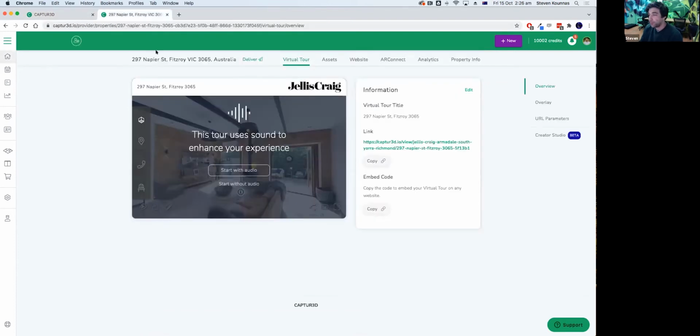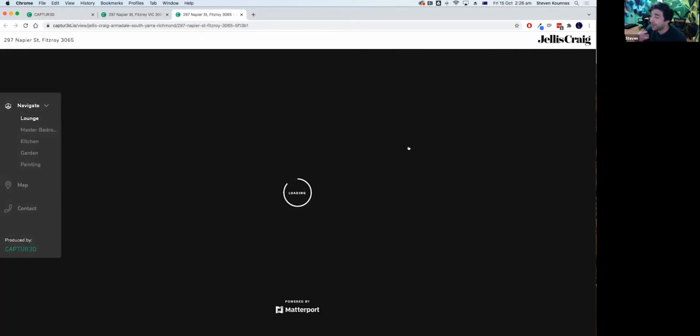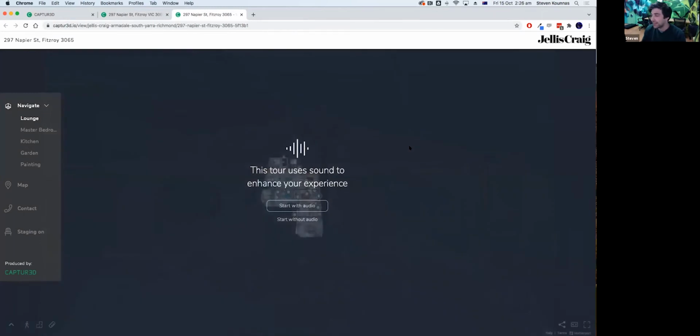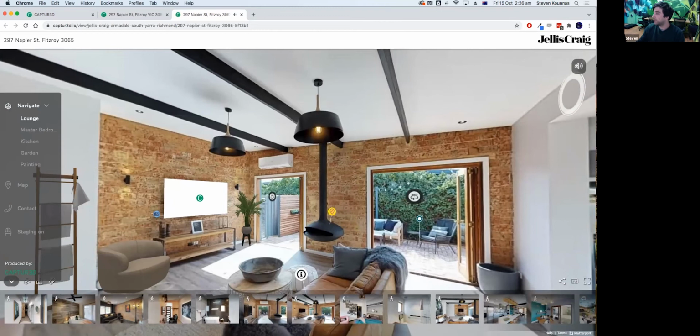So I prepared a property earlier. Let me just jump into this, and I can show you a few of the features here. So firstly, I created this as a guided audio tour. I'm just going to click start quickly and then turn it on to mute so you don't have to listen to it. As you can see, there are two ways of using the audio function in CAPTUR3D: the background audio for ambience, but the most important one for real estate is location-based audio. So each room can have its own audio stream, so you can feed the information to the client when they